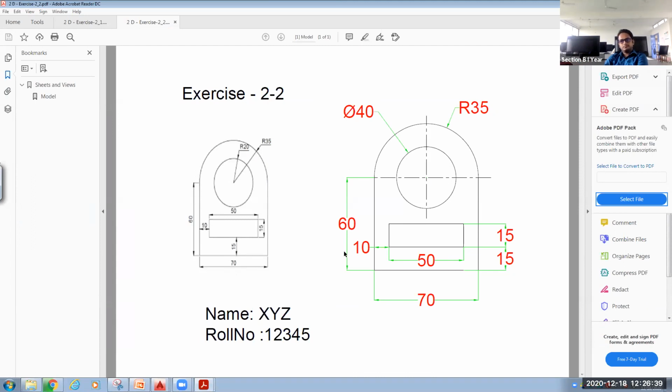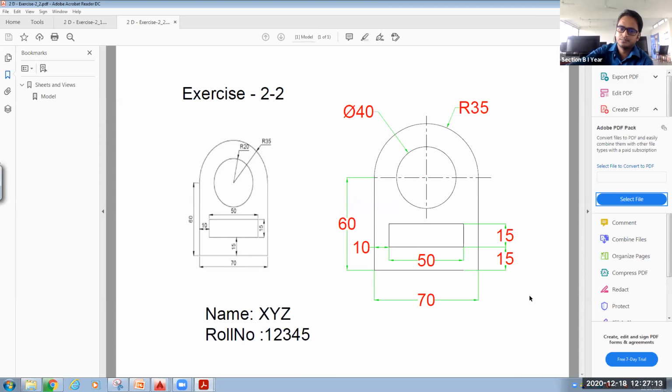Clear? Sir, can we draw the first internal rectangle, then a circle? Yes, it depends on you. You can draw any drawing with n number of methods. The only thing you need to learn is what the commands are and how to use them. You can start with this inner rectangle, or you can start with this circle also. First you draw this inside circle, then the outside circle, then these lines. Like that also you can move ahead.